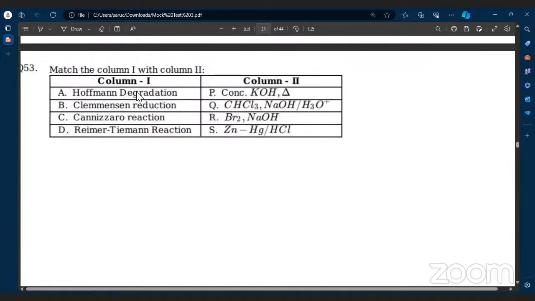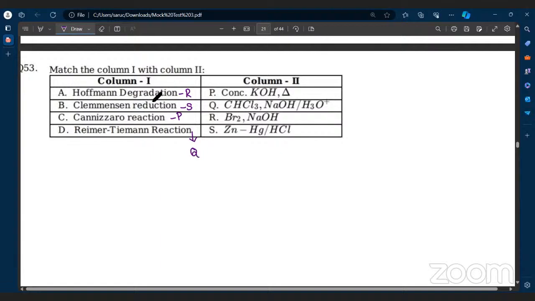Okay, so here with column 1, you have to match it with the reagents given. Hoffmann degradation is Br2 with NaOH. Clemmensen reduction. B is S. Yes, very good. Cannizzaro reaction is concentrated KOH. You can use any base. Reimer-Tiemann is going to be